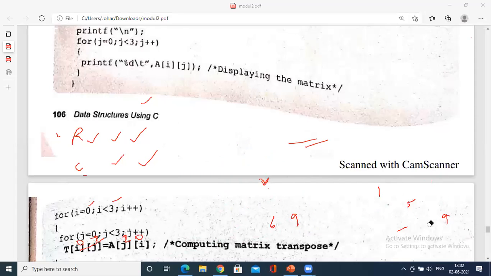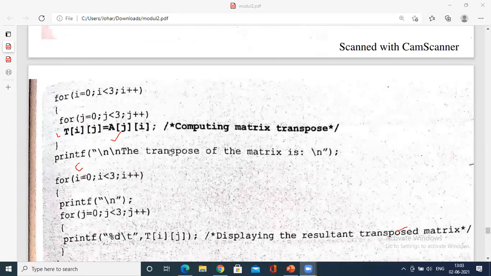So if you know the concept, it is quite simple. From a basic examination point of view, what is the logic that you have to store in the transpose? You simply T of ij will be A of ji, just the reverse of it. So tracing you will understand. Once you do the tracing, it is easy for you to write the logic of the program without any mistake.